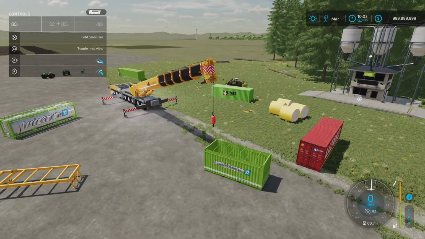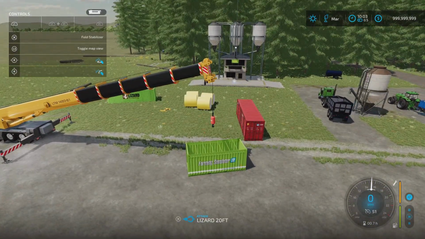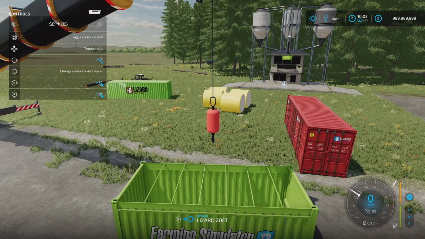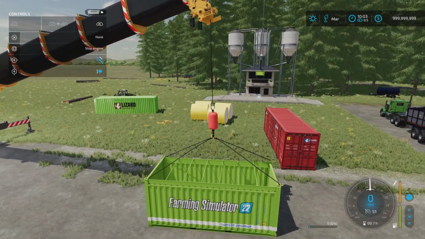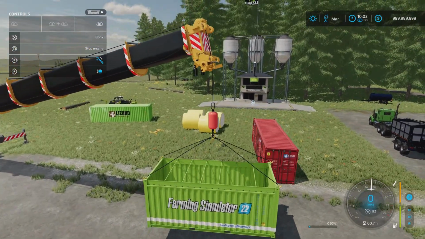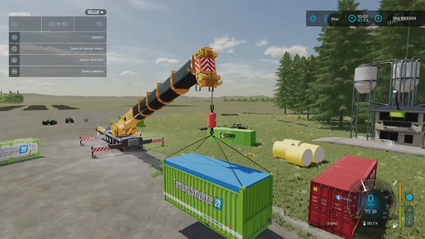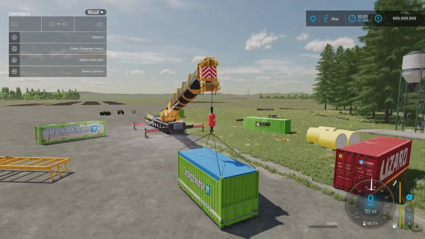If I click onto that one, it will then give me the option to put the cover on or off if I want to. If you're moving grains and stuff around, let's move my hook around again, like that. Do that. There we go. Let's raise it up, and then close cover. Boom, cover on. So again, if you want to, I know we've got wheel loaders, we've got all sorts of stuff that does all this, but